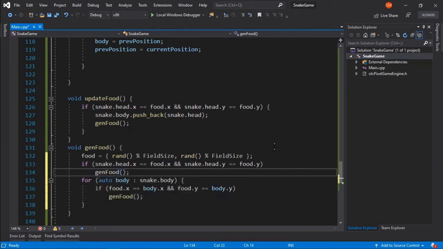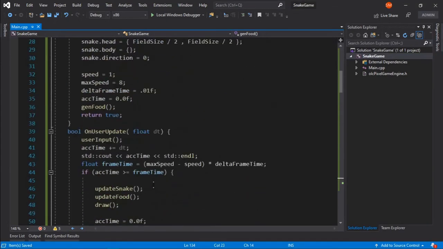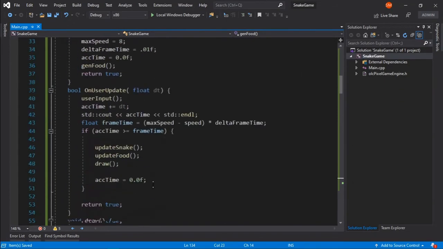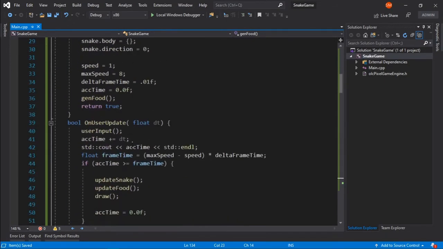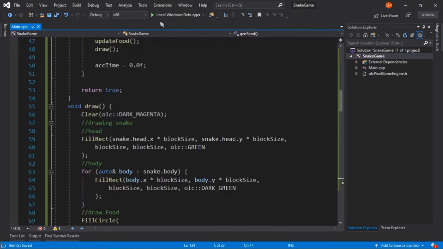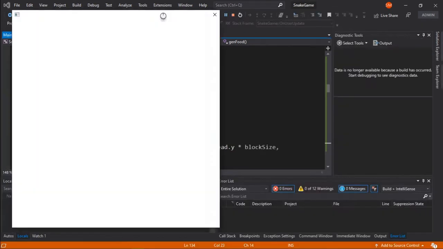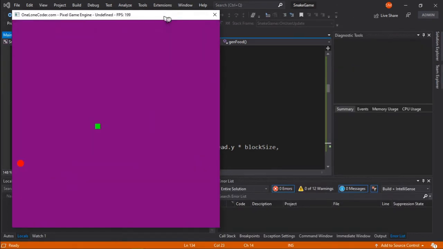This will keep us from having the food generated inside the snake's body or snake's head. Now, we also want to keep track of the score of the snake, so we'll have a little bottom side below our main field, where we can keep track of the food and other stuff for our main game screen. Right now we only have the main game screen.